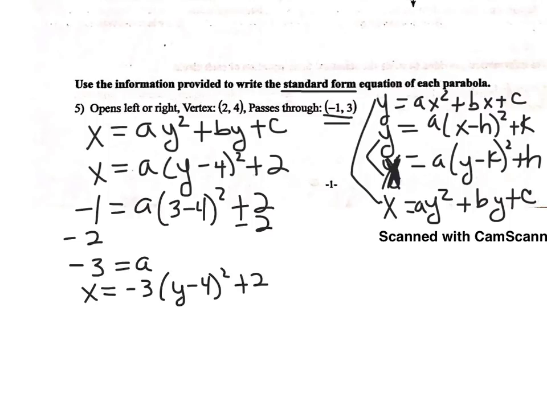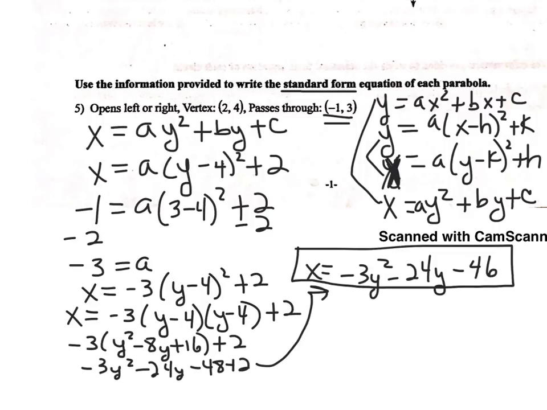And now I need to convert that to standard form. Well, to convert it to standard form, we're just going to FOIL this part and add 2 to the end when we're done. All right, so I went ahead and worked that out for you. So we FOIL this together and we get y squared minus 8y plus 16. I still have my plus 2 here on the end, but I'm not going to add that yet until I